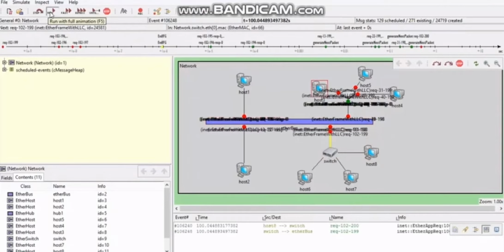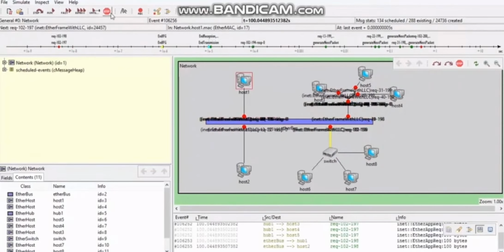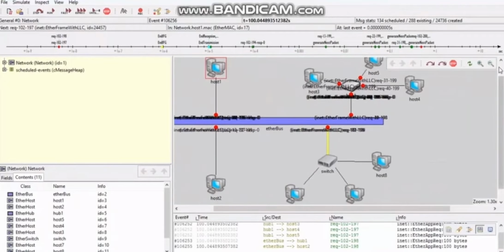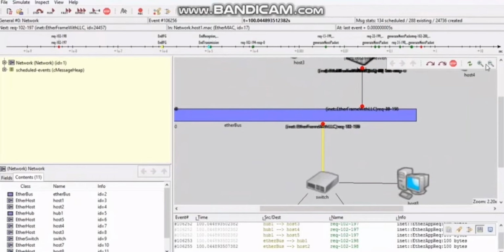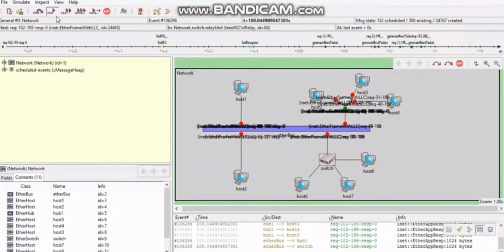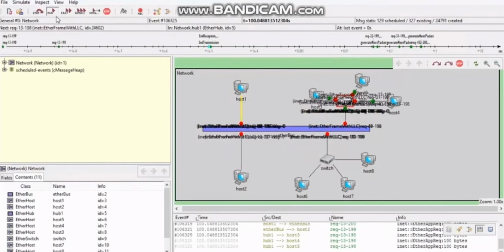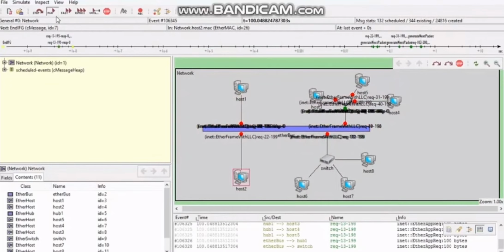Host 1 will send to host 2 and back to the switch and hub, and the switch and hub will transfer the data to their respective hosts, which are the 3 hosts they are connected to.